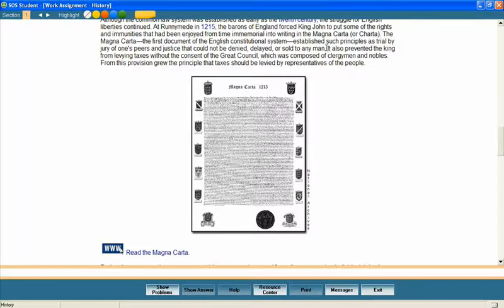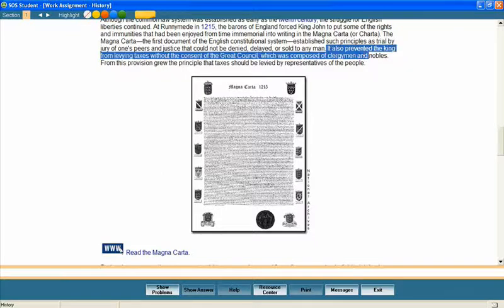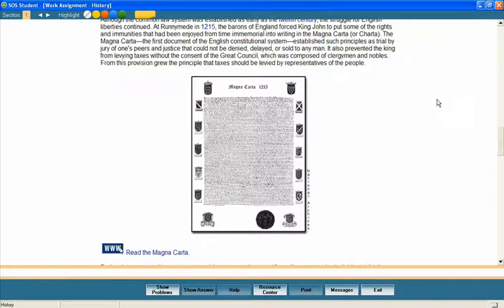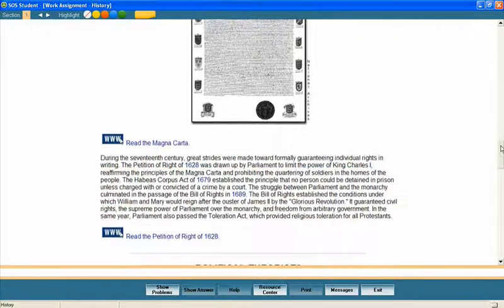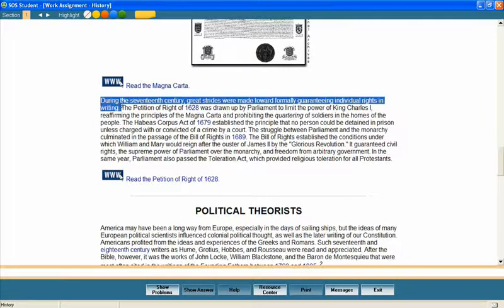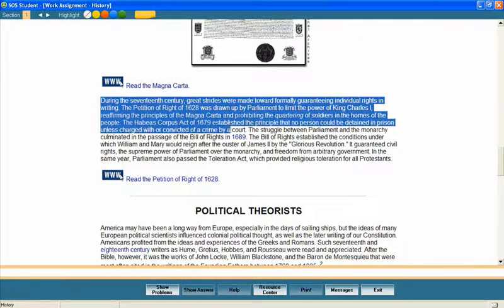Auditory learners may benefit from hearing text read aloud as they follow along. Students select a portion of text and utilize the text-to-speech tool to read the text. A number of customization options allow students to personalize their use of the text-to-speech feature. A highlighting feature allows students to use highlighter colors to highlight important text in the lesson as they study. Highlighted portions are saved when a student leaves the lesson, making it possible for them to come back later to